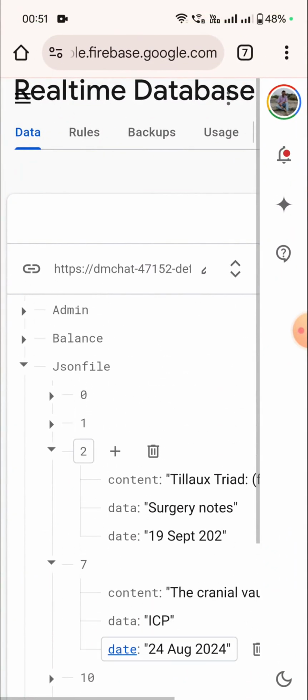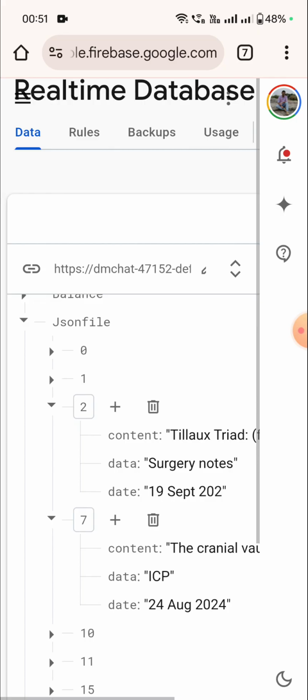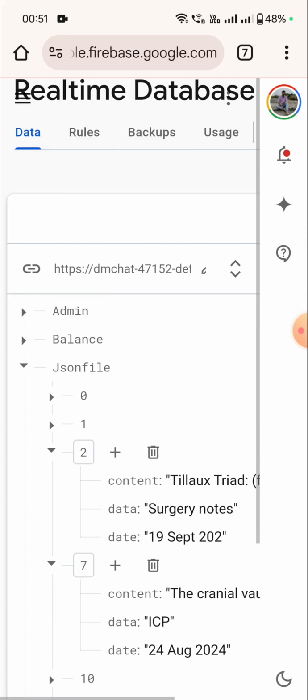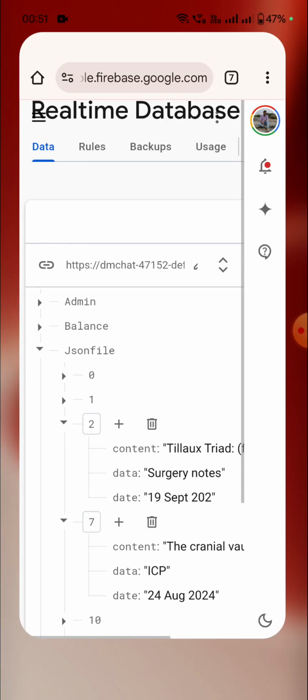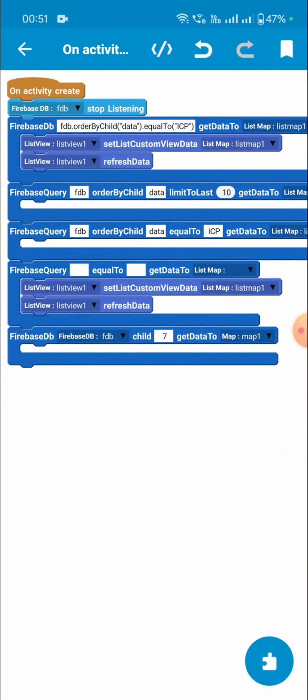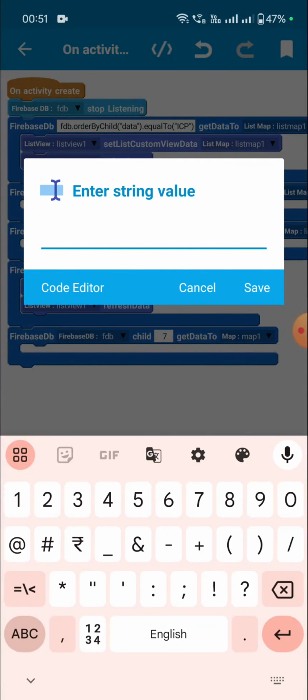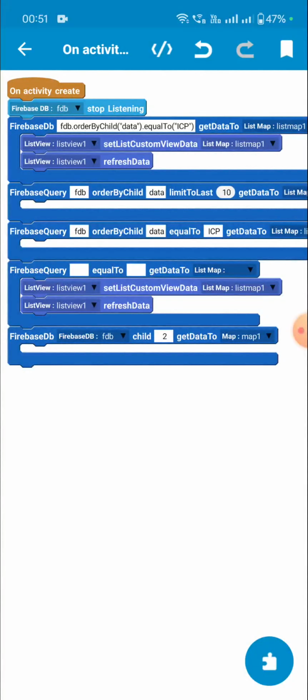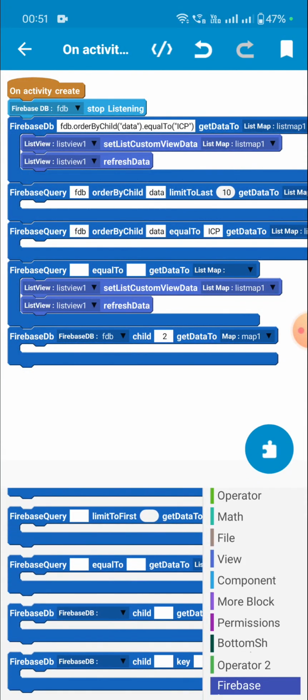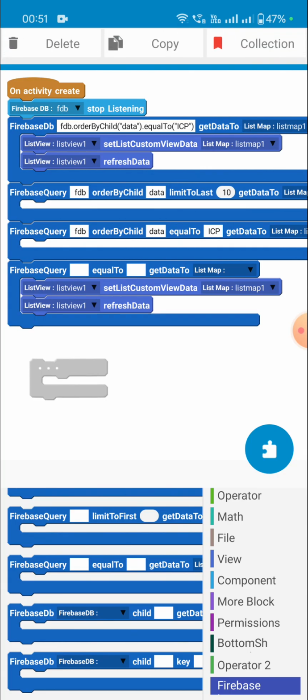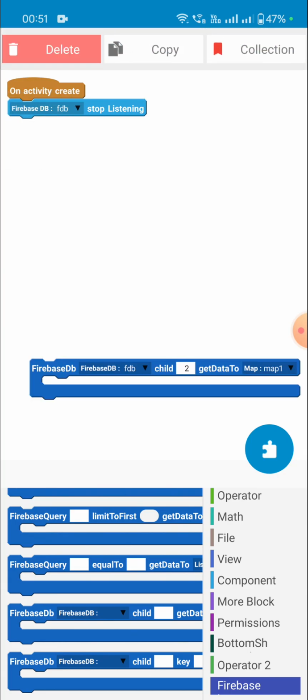Okay, you can see that 7, 2, 1, these are direct child or children of the JSON file. So we have to enter one of these. So instead of 7, I will enter 2 here, get the data to a map variable, and then in text view I will display it in text view 1. Okay, I'll remove all these things,